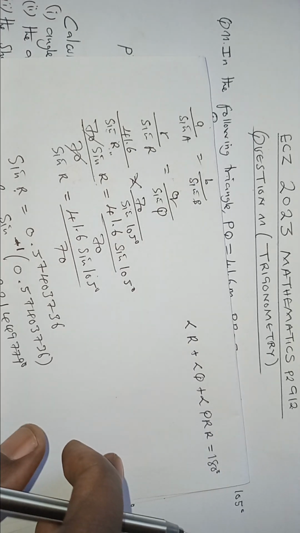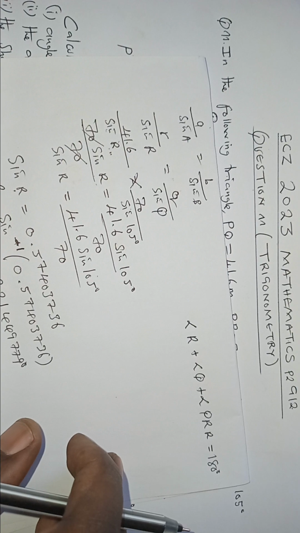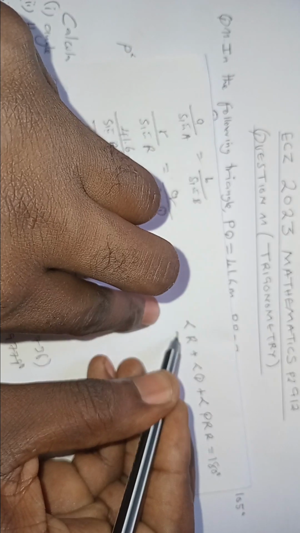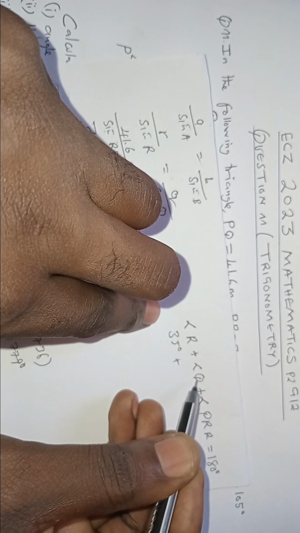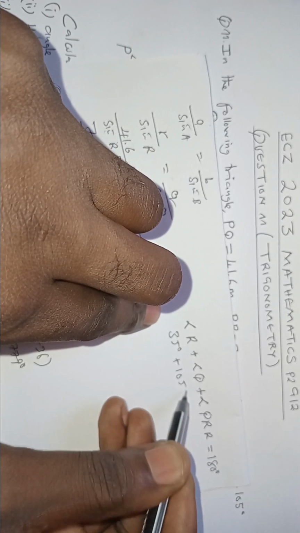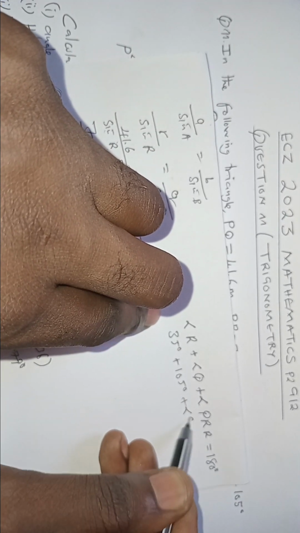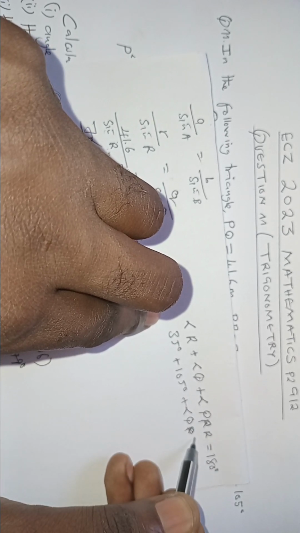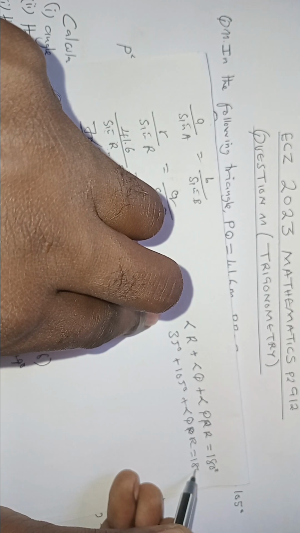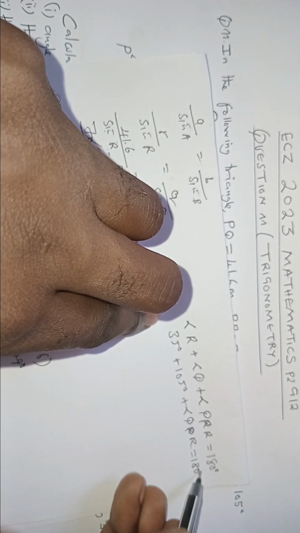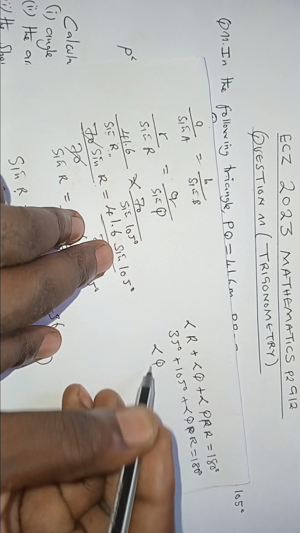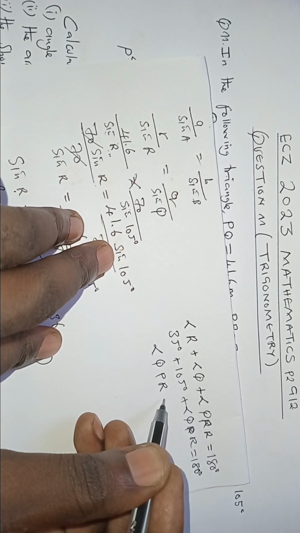Because this is the sum of interior angles of a triangle. From there, we have, this is 35 degrees, plus angle at Q is 105 degrees, plus angle QPR, which is equal to 180 degrees. From there, we can say angle QPR is equal to